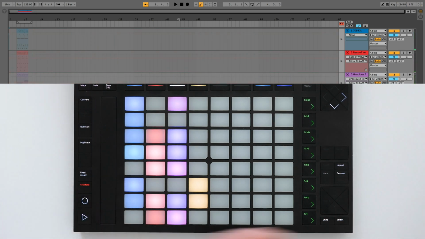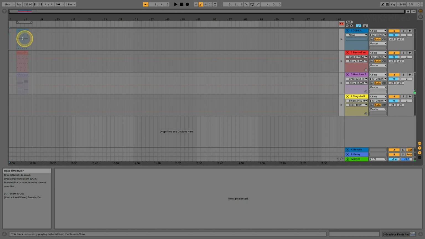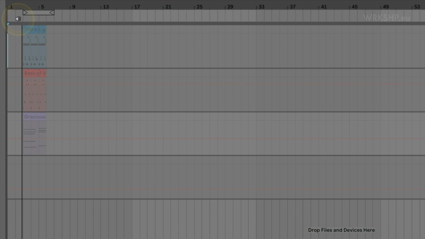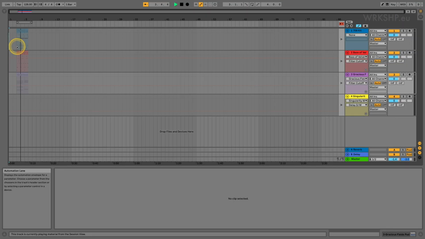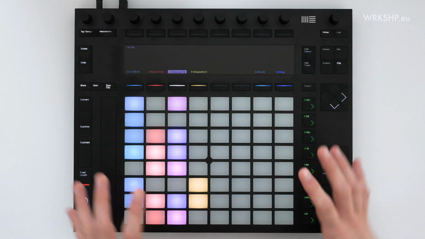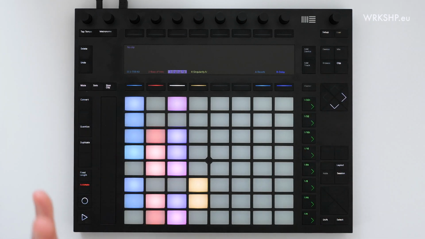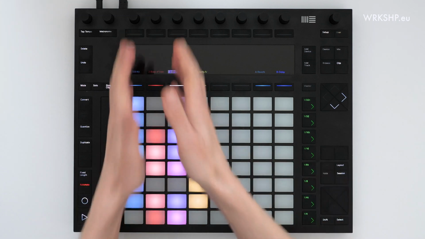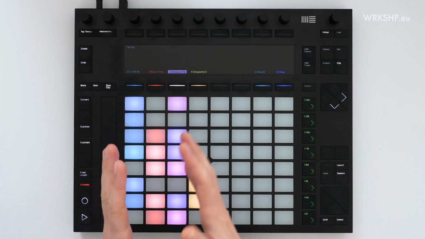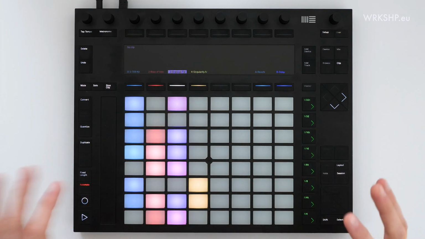And press play. Now, if we come over to the arrangement, what's interesting is it's all grayed out. And if I come in and I try to play it, we don't hear anything. That's because the last thing that we did was launch clips in the session view. That means that Ableton Live assumes we're focused on that view, we're focused on what those clips are doing in that view, and it turns off everything in the arrangement view.